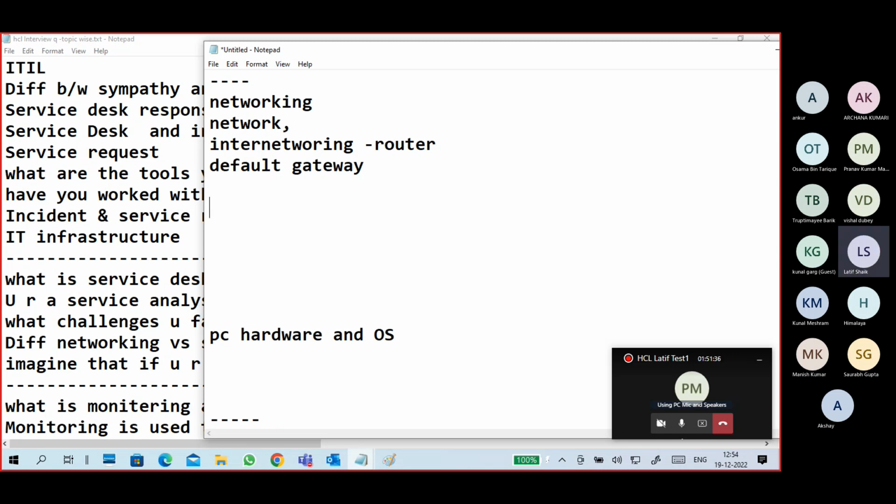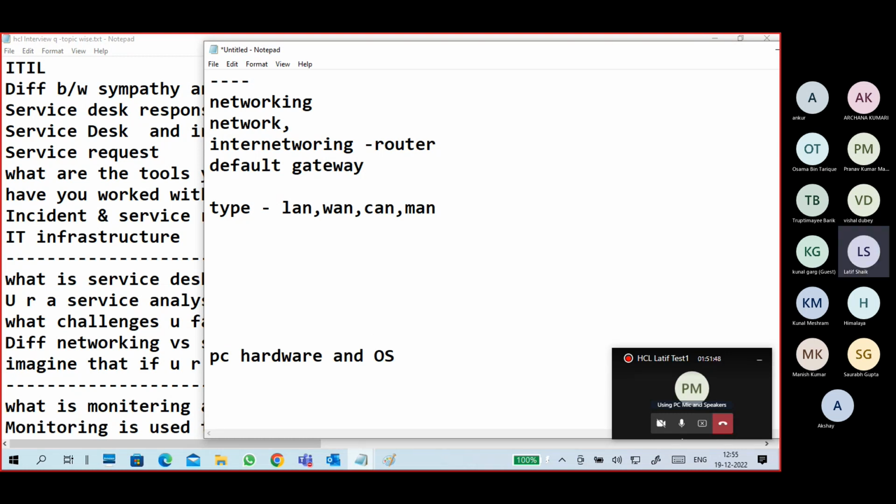Next one is types of networks. Your LAN communication, LAN, WAN is important. Then CAN, MAN, those differences also check it. PAN and SAN, your wish, so please check those once also. I'm not going with that one. So next one is